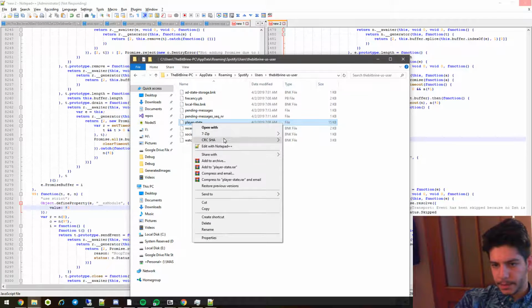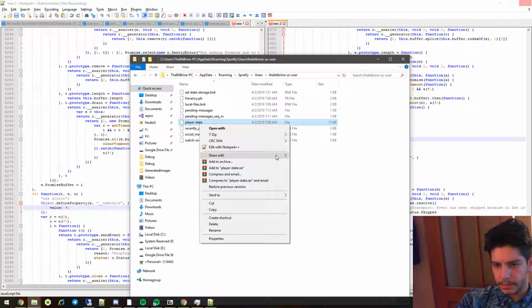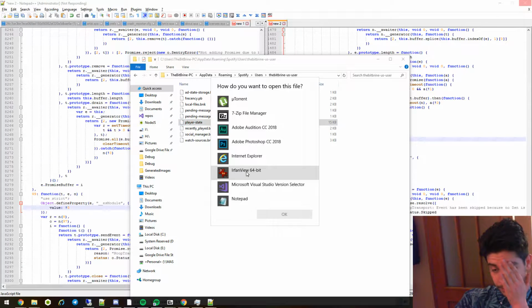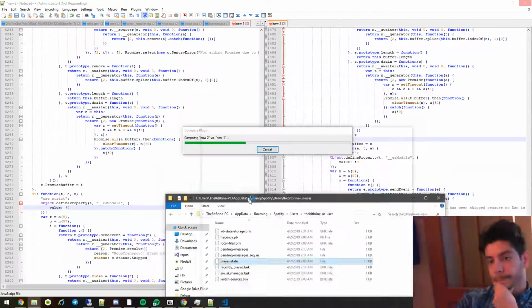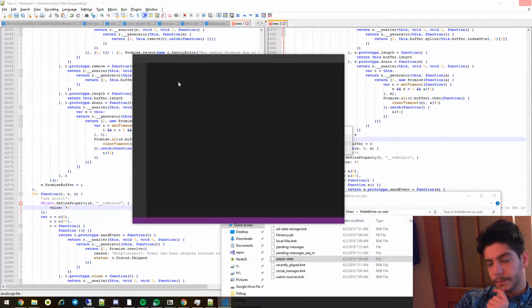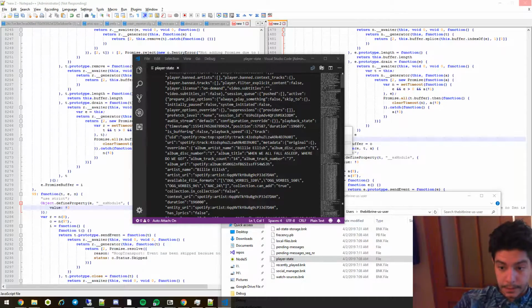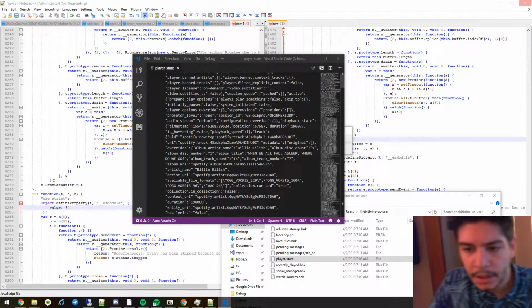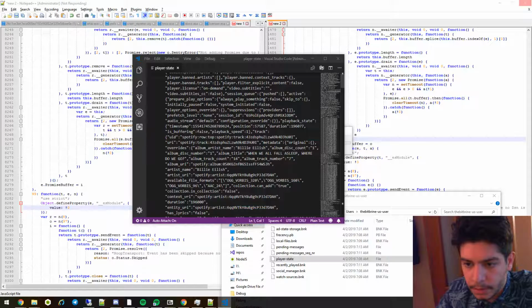Okay, we will do this. Okay, we can't open it as an archive because, well, open with... oh, it's actually in JSON. So I don't think there's much important information around here, but it might give us some. Oh, okay. So one thing that we can know from here,